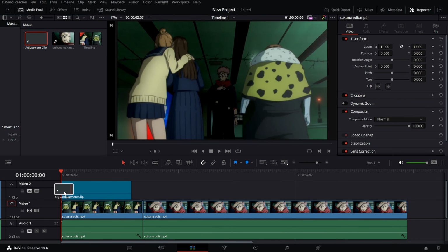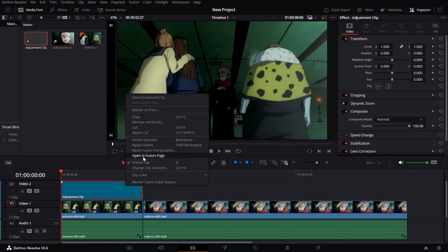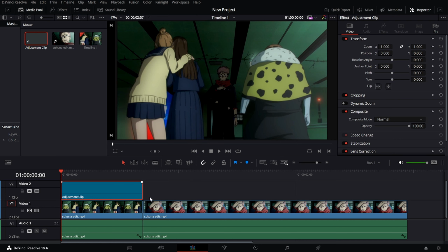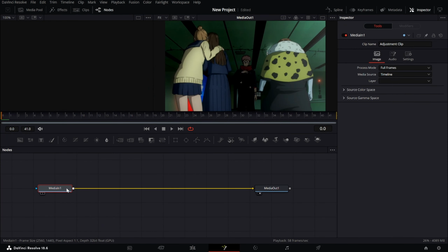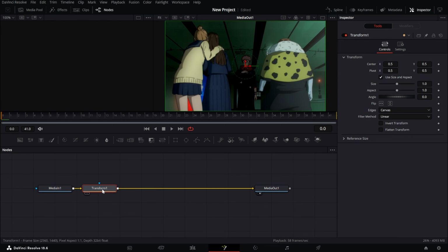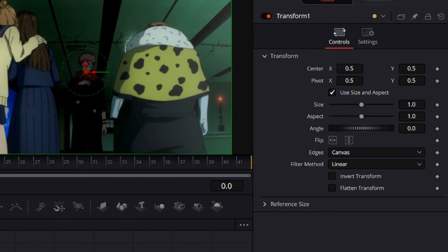One adjustment clip, fixing the size as this clip, and going on right click and opening the Fusion page. So we are going to do it on MediaIn1. Click on MediaIn1 and then click on this Transform here. Then we have to add a keyframe here,